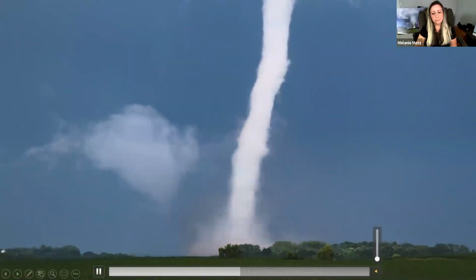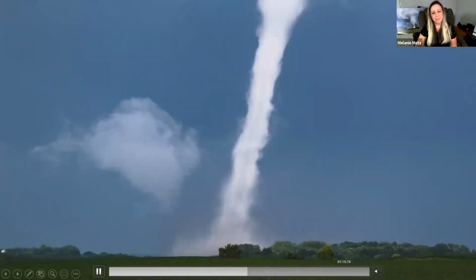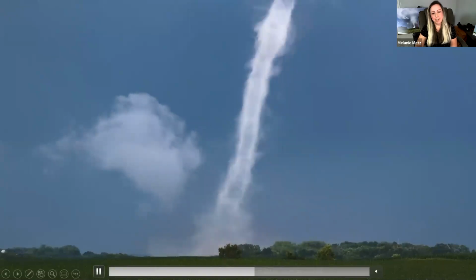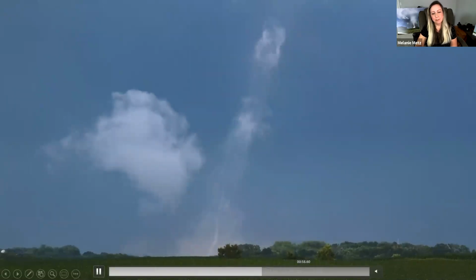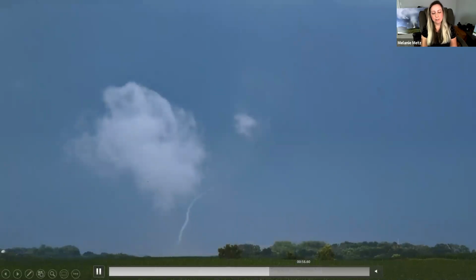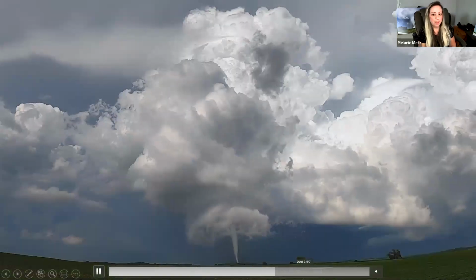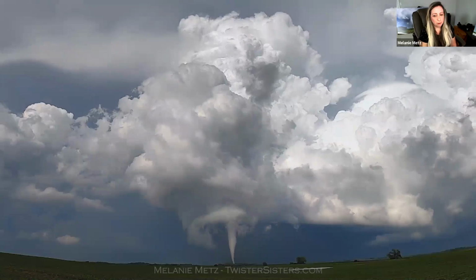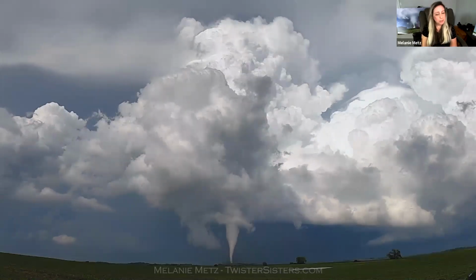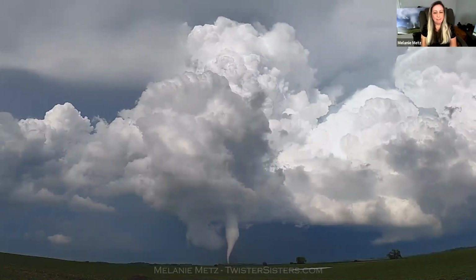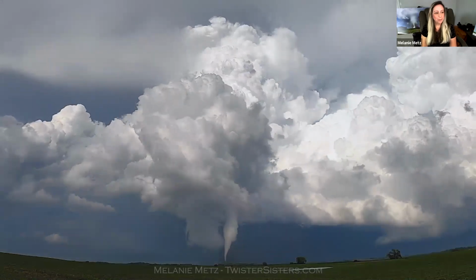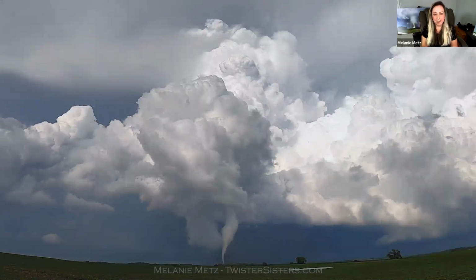So, yeah, this tornado, this was the rope-out phase right here, which I just love. It's just beautiful, that clear, translucent looking vortex, and then little rope. And here's a wider view from the GoPro, which is fun. It's so much fun to be able to have both views, having the GoPro and also camcorder zoomed in a little bit right on the tornado.